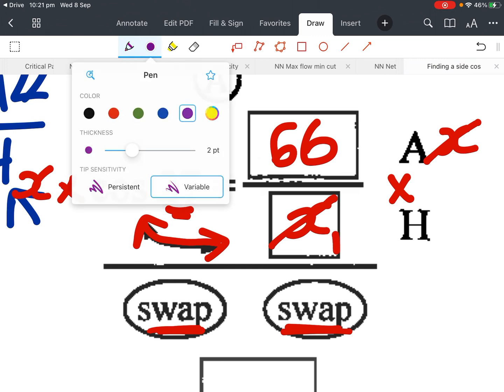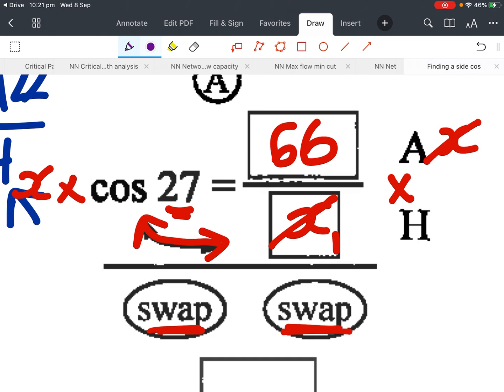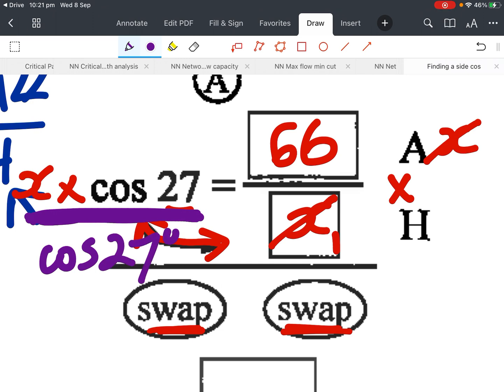Now for the second step, I'm going to do it in purple. So on this side, I'm left with x times cos 27. I really want the x on its own, so that means I've got to get rid of the cos 27. So the opposite of timesing by cos 27 is to divide. Now remember, the fraction line means divide. Okay, so cos